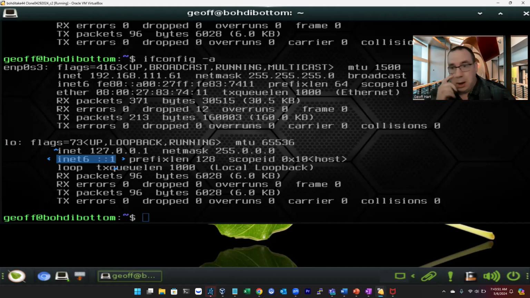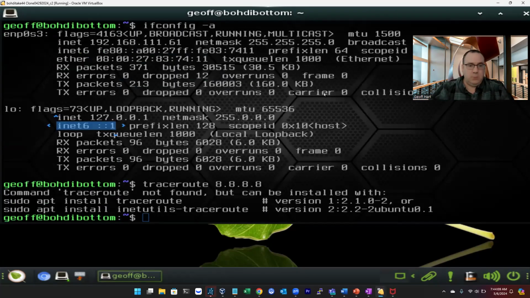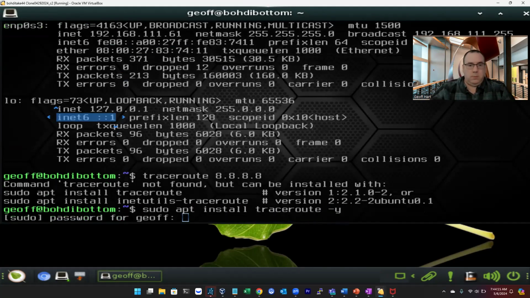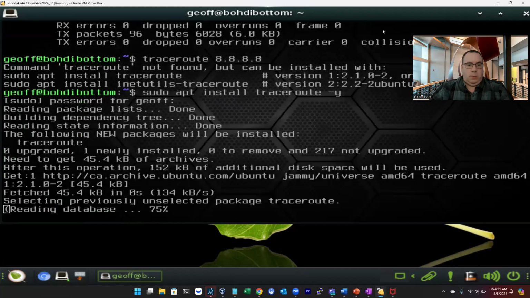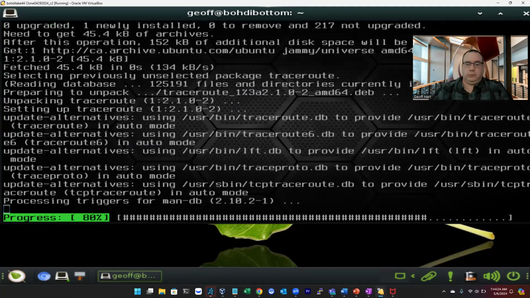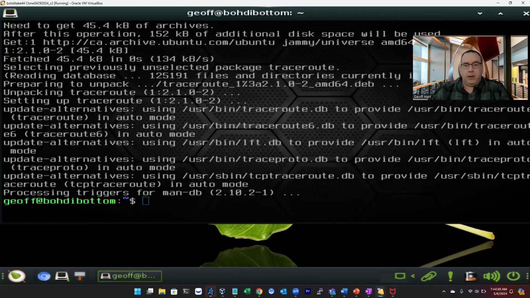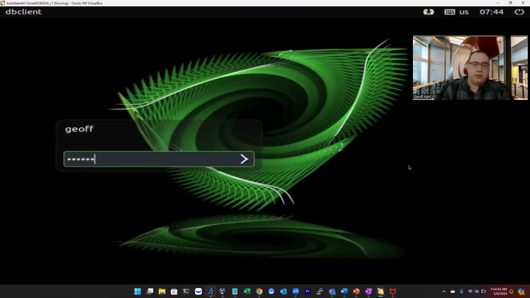All right, so we did ping and we did ifconfig. The next one we're going to look at is traceroute. Okay, so this is going to give us a hop by hop path to our destination. We'll use 8.8.8.8 again. Oops, we got to install it here. Okay, and actually, while it installs,